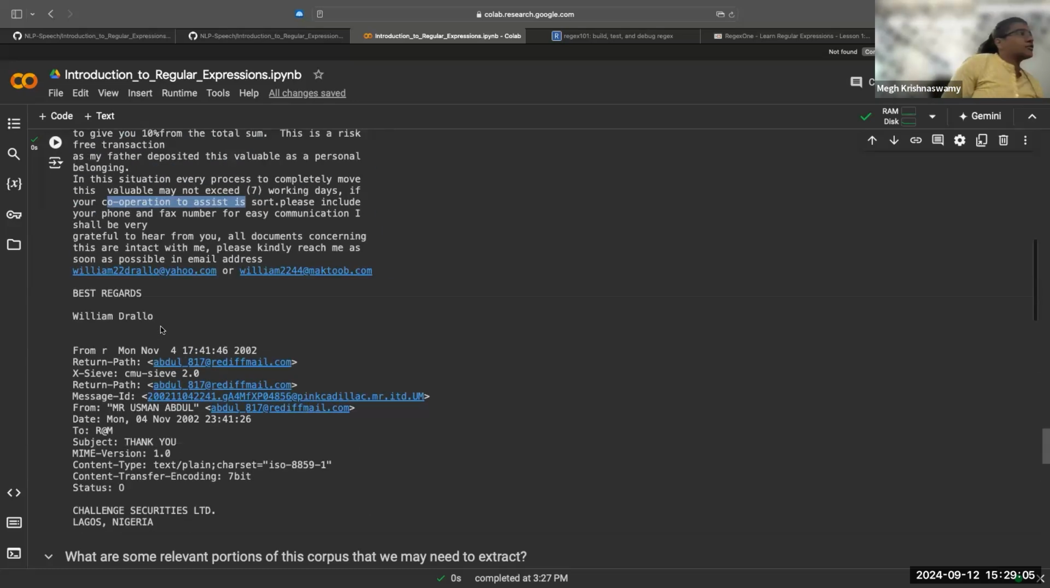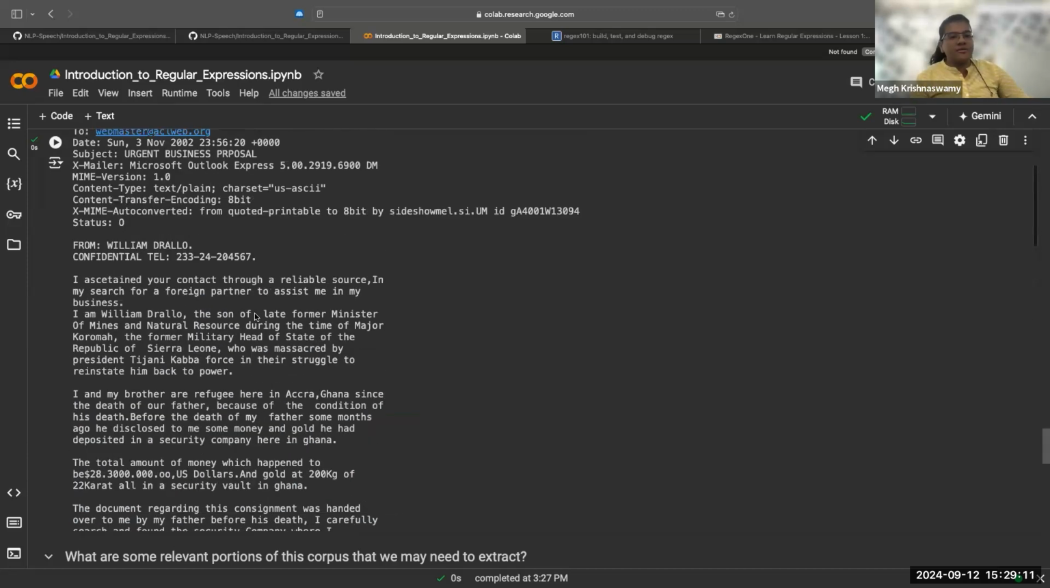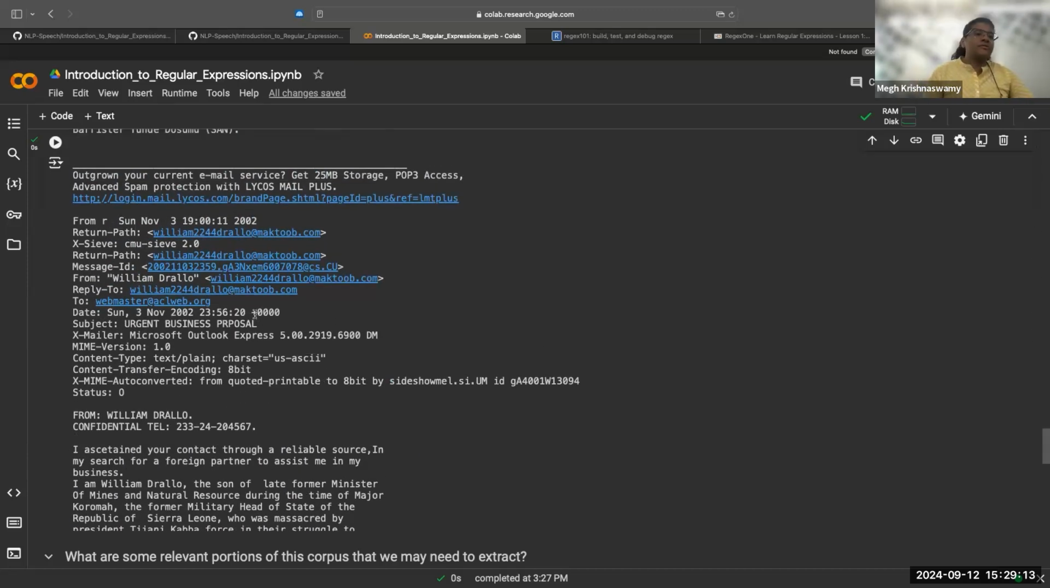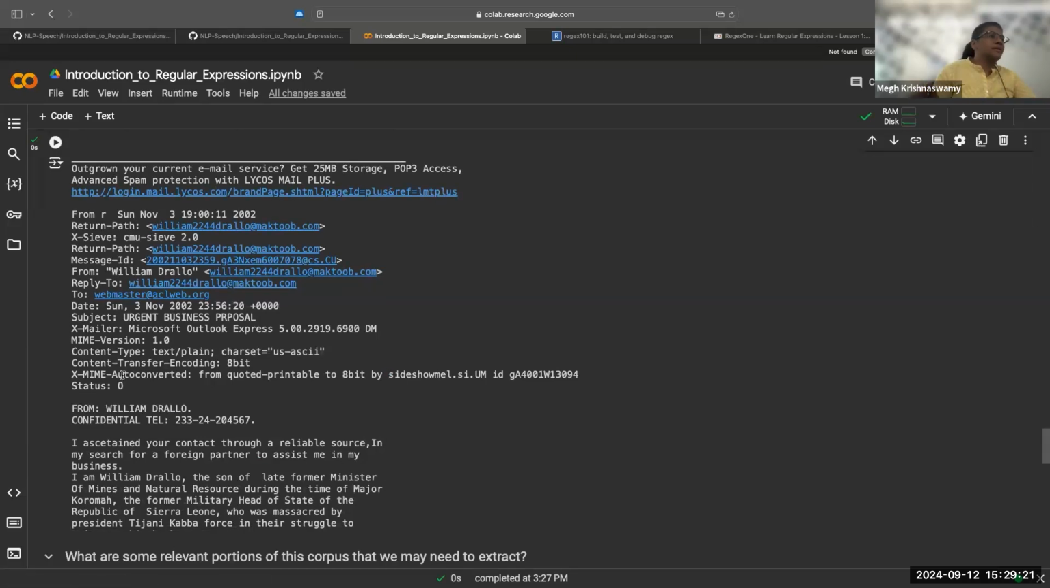Right. Could you say that again? Right. Yeah. So these fraudulent emails might come from a very specific email domain. So maktub.com, for example, is one that I've seen a lot. So I might be interested in simply extracting the sender's emails, and